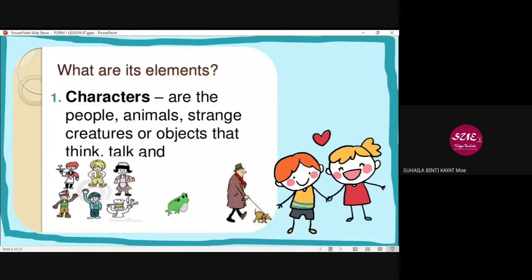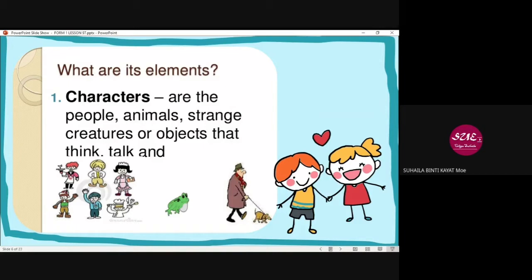Okay, what are its elements? Characters. You want to look at the characters? Characters are the people or animals, strange creatures or objects that think, talk, and alamak tertinggal satu lagi. So these are the characters. Characters means watak lah.